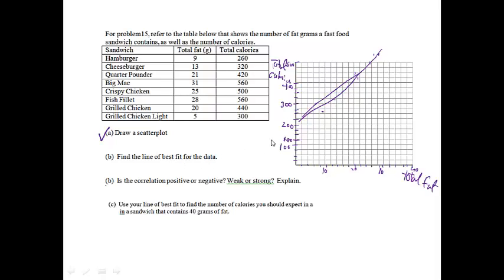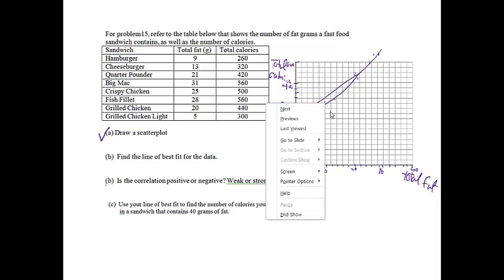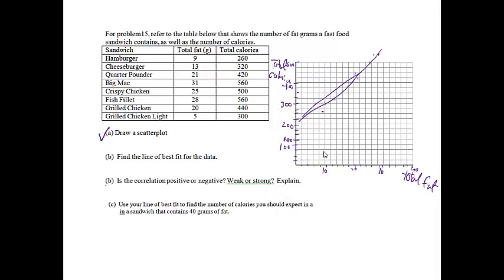Okay, it says to find the line of best fit. I'm going to pick 2 points on my line. I'm going to pick this one right here because it's on the line, and that was 10, 300, and I'm going to come down here and do all my work. 10, 300, and then another point that would be on that line. I think I'll pick this one right here, and again, it doesn't have to be a data point, although it could be. This was 24, 475,